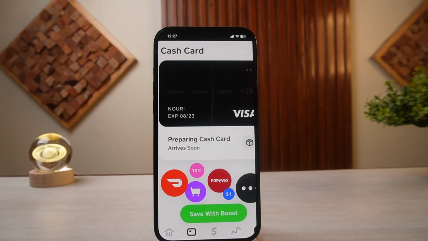So after tapping on Save with Boost, there will be the further process of how you'll use it. In there, what you can do is simply explore all of the boosts that you will be able to get in your digital image of your debit card layout. So what you're gonna do is scroll down through all the available merchant titles such as coffee shops, restaurants, or